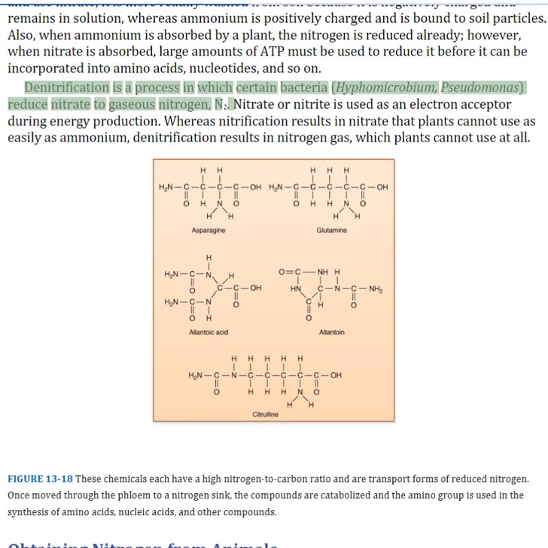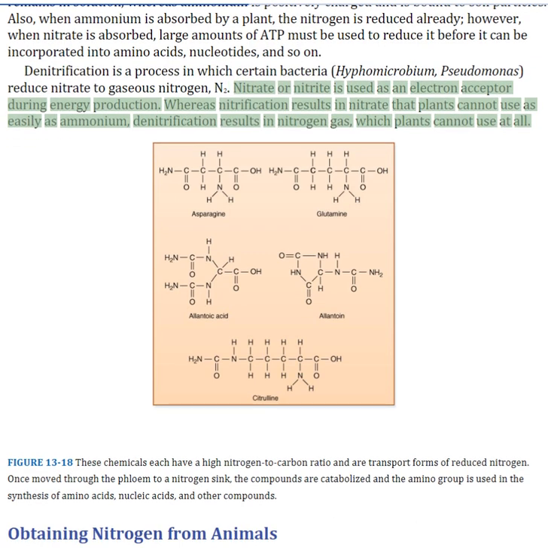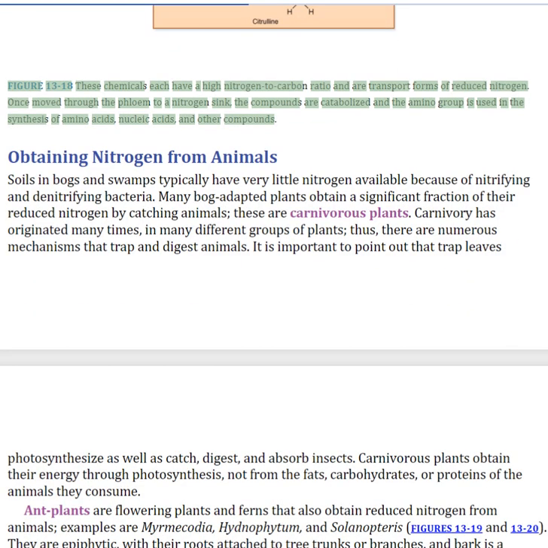Denitrification is a process in which certain bacteria reduce nitrate to gaseous nitrogen, N2. Nitrate or nitrite is used as an electron acceptor during energy production. Whereas nitrification results in nitrate that plants cannot use as easily as ammonium, denitrification results in nitrogen gas, which plants cannot use at all. Figure 13-18: These chemicals each have a high nitrogen to carbon ratio and are transport forms